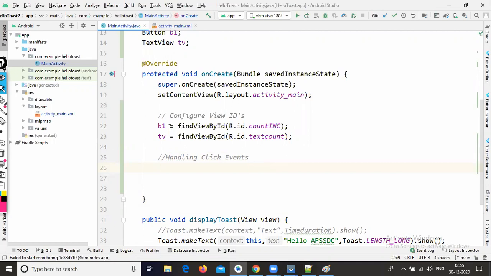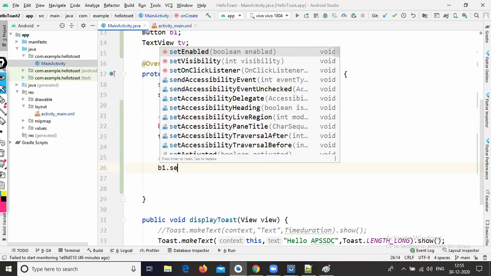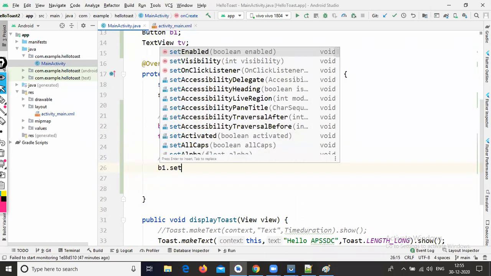The button variable is b1. So just type b1 dot. In the suggestions we have many suggestions available. Just select set on click listener.